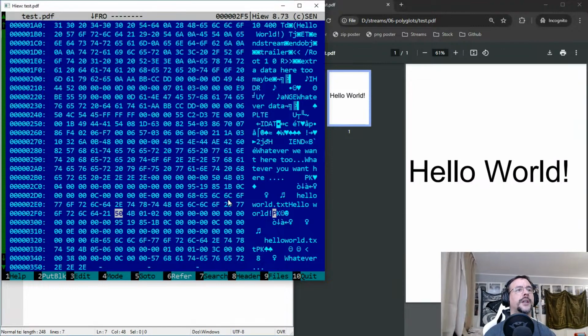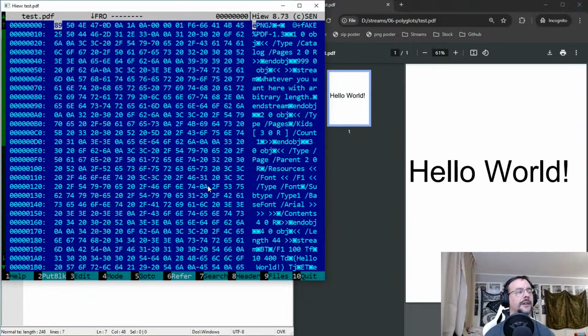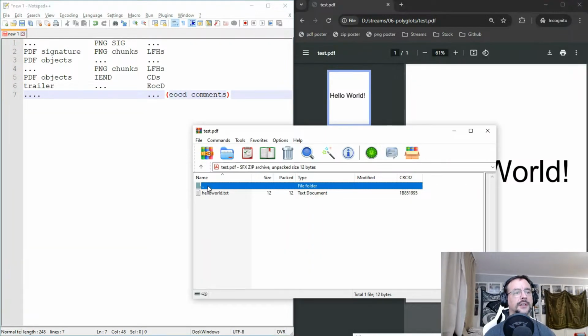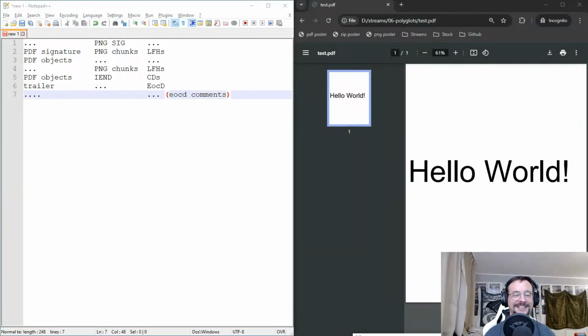The other very trivial way to do a zip PDF polyglot is just to put the PDF in a zip. Why is it... I opened the PDF with WinRAR and it found the zip, and therefore it opens it. That's pretty nice. You open the PDF and WinRAR is like, yeah, this is a zip, I'm opening it. Damn it, I want a normal PDF. This is the kind of problem that I have. Okay, I should have kept an original version. So now we have a beautiful Frankenstein,